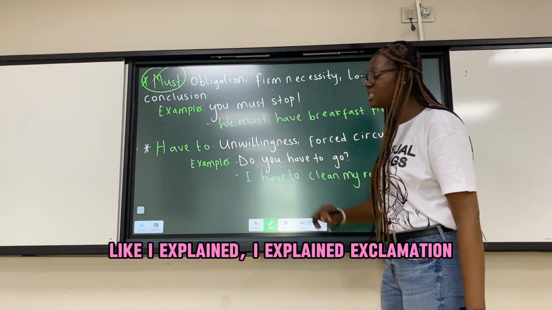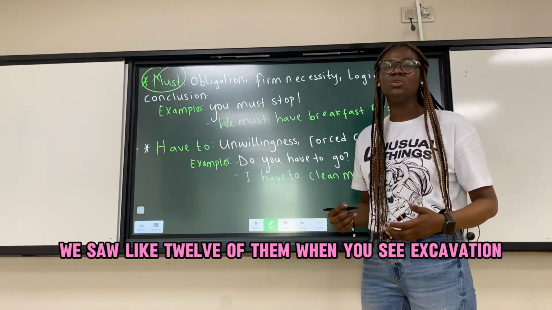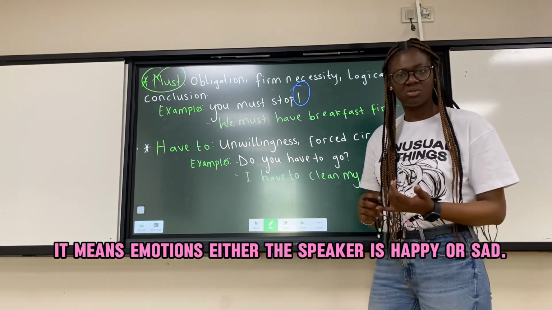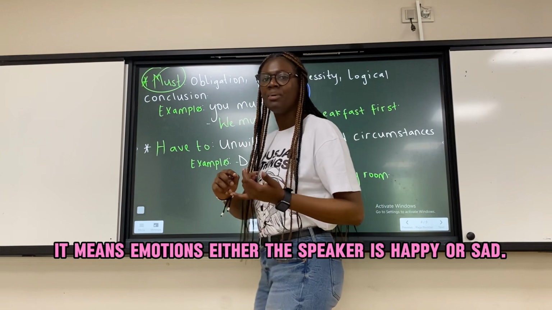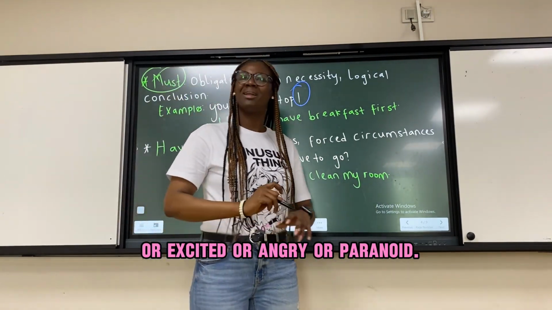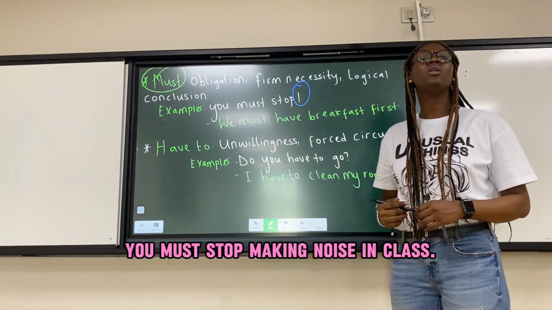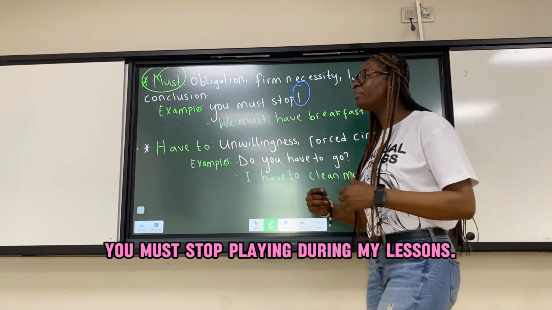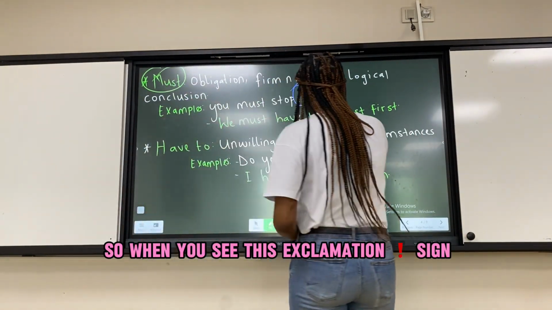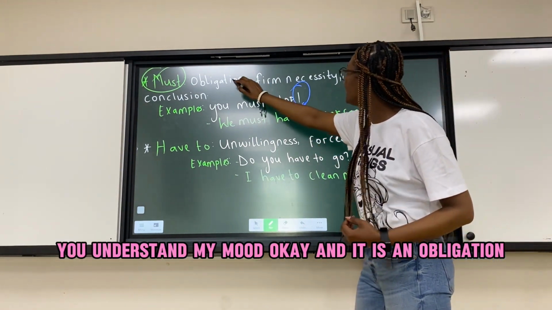Like I explained with exclamation, when I gave the different types of punctuation marks, we saw like 12 of them. When you see exclamation, it means emotions. Either the speaker is happy or sad or excited or angry or paranoid. You must stop. Stop doing what? You must stop making noise in class. You must stop playing during my lessons. So when you see the exclamation sign, you understand my mood. Okay? And it is an obligation